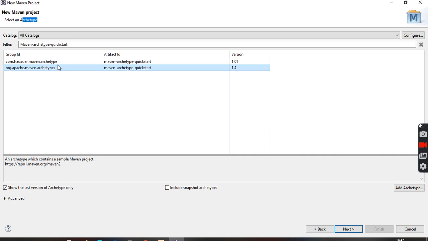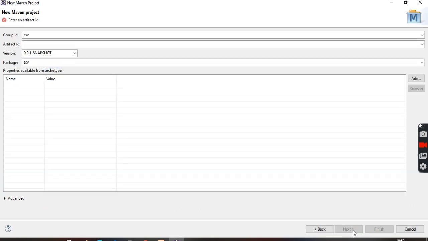I'll repeat one more time: owner or contributor or group, that is nothing but a group ID. What about this artifact? Artifact is nothing but your project. Which project? Quick Start project. Then next, we'll click on the next one.